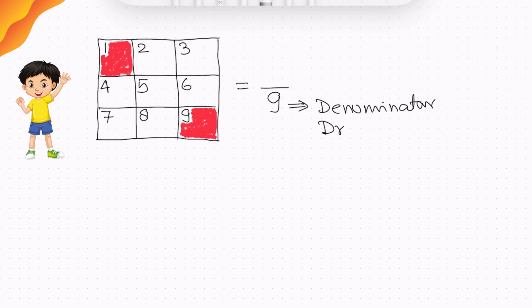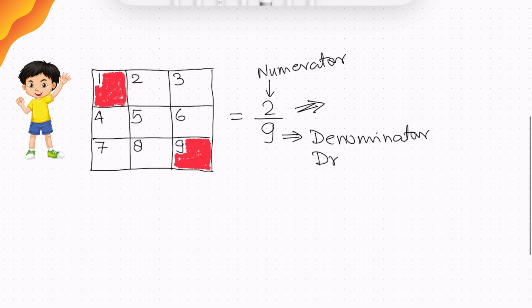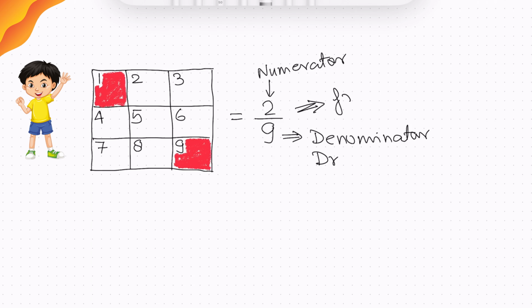Now if I ask you that what is the fraction of the shaded blocks, I can simply count 1 and 2. So 2 blocks are shaded. So this is the fraction, and 2 is what? Numerator, right? So I will write down, and this whole 2/9 is telling me fraction of shaded